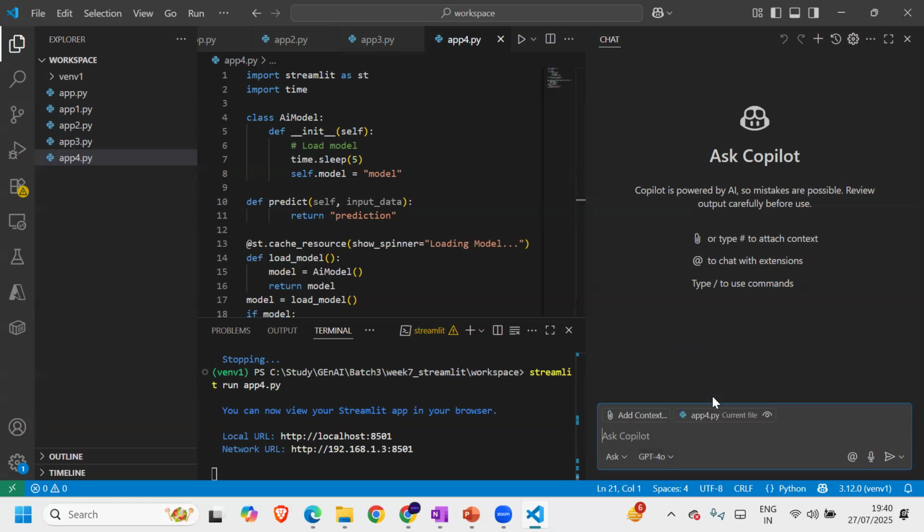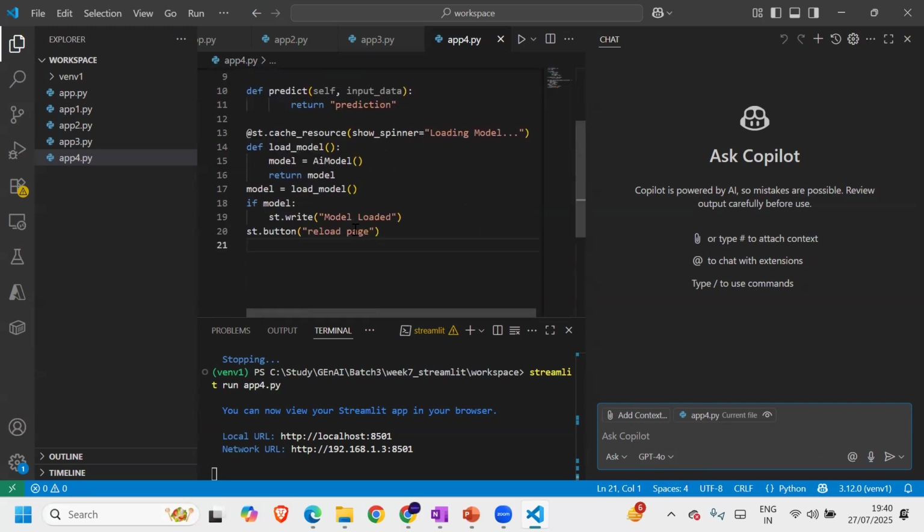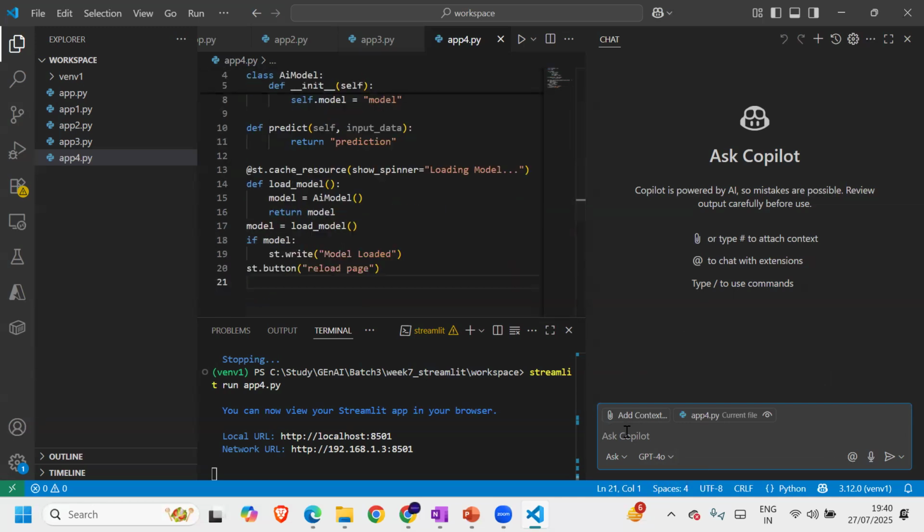So you can choose the model of your choice. Right now it is saying that whatever question I ask will be on top of the app4.py file. So this is my context. Along with my question, this file will be sent to the LLM and it will give me some response. For example, let's say I ask it to add a button on this page,